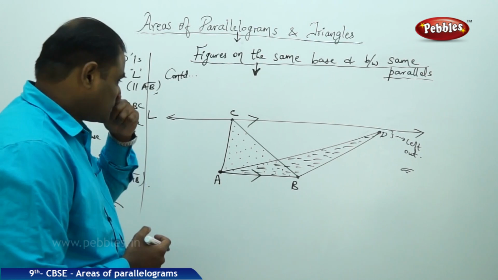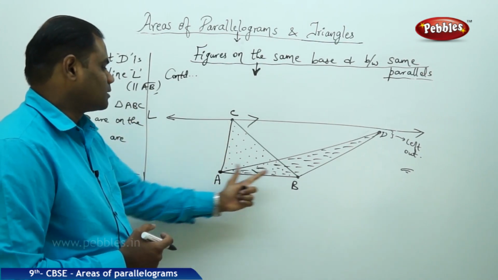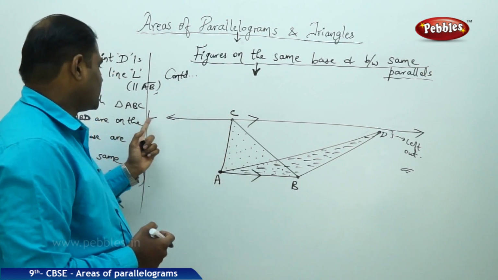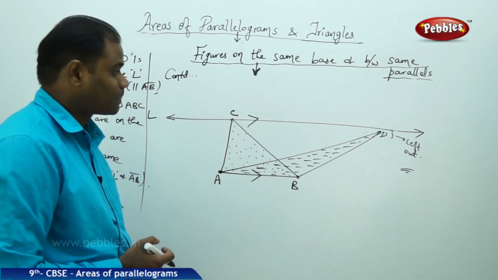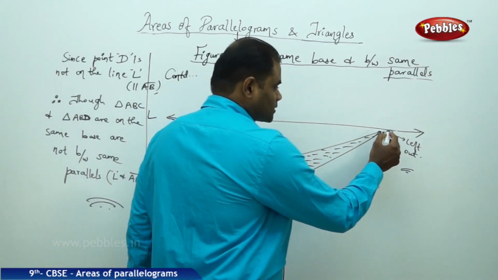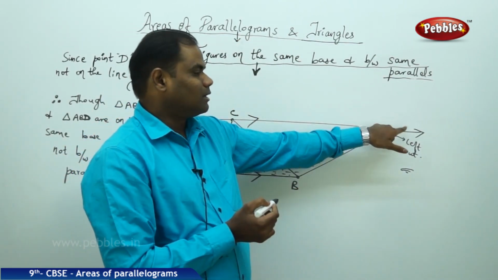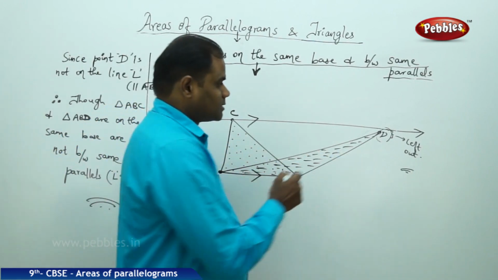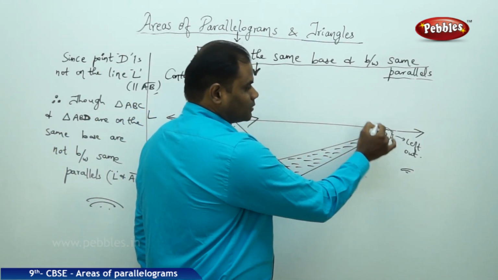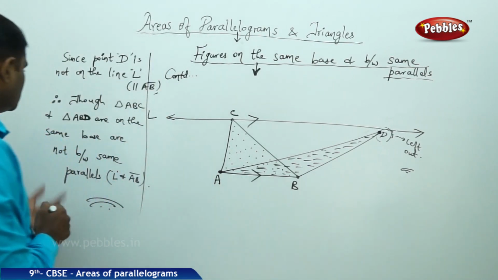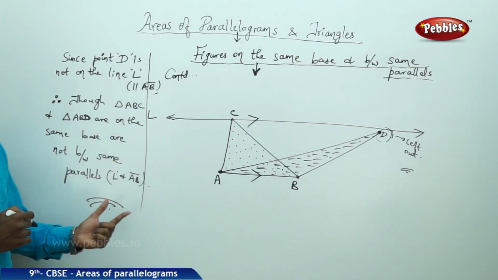So here the remaining vertices other than the base here is C, so this must entirely lie on the line L, which is parallel to AB. Here the remaining vertex D other than the base AB must lie entirely on L, but since the point D does not lie on the line L, which is parallel to AB, therefore it is not between same parallels, but